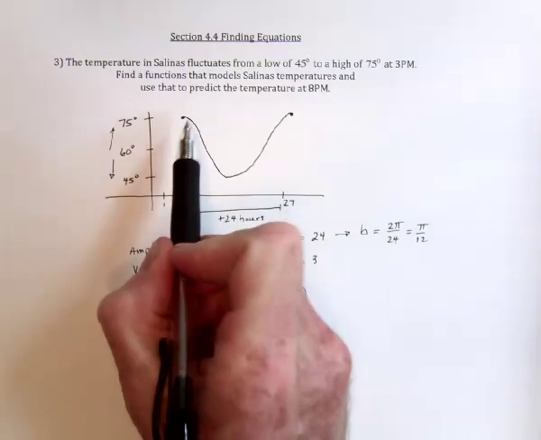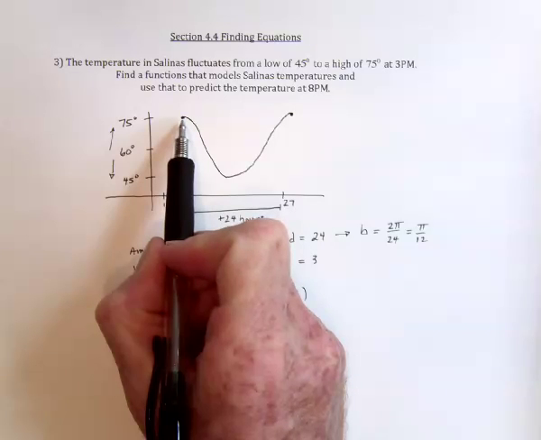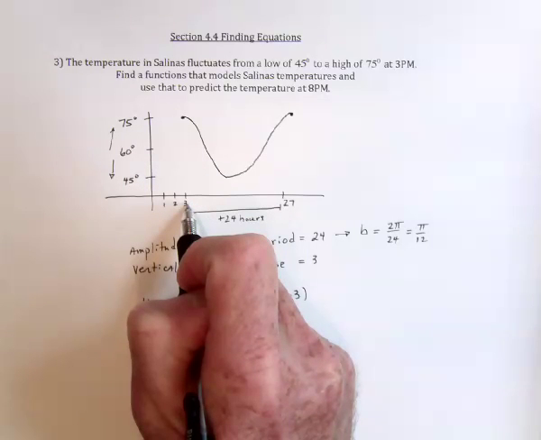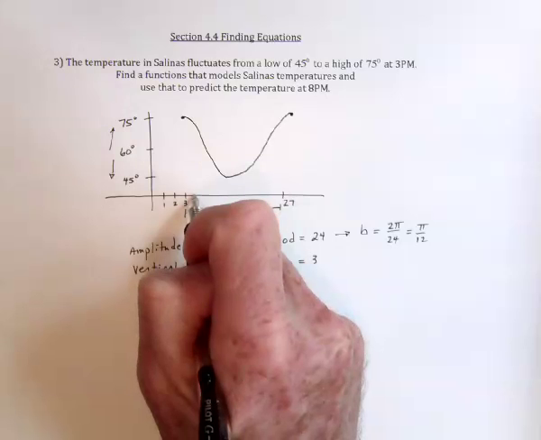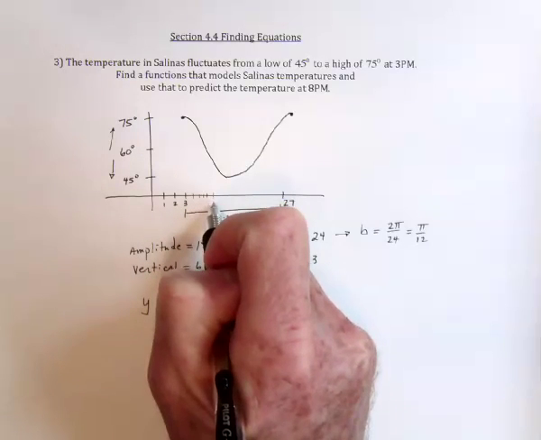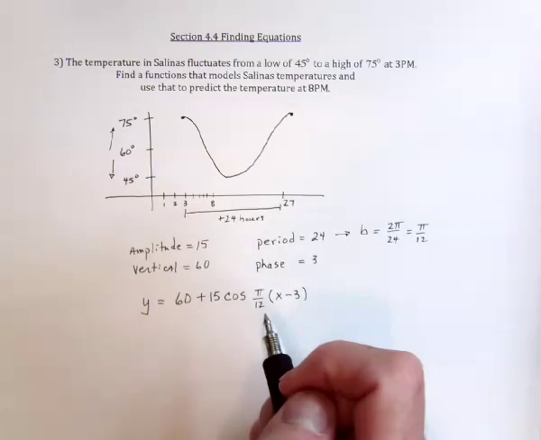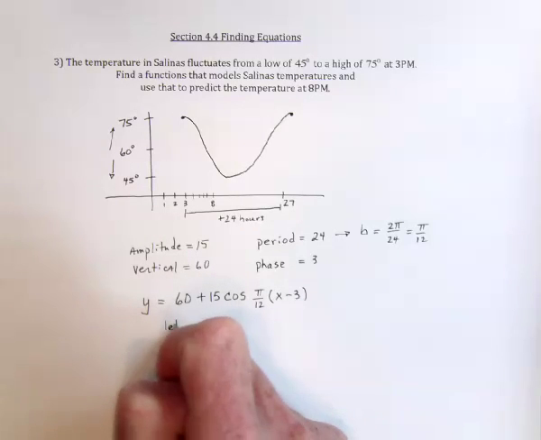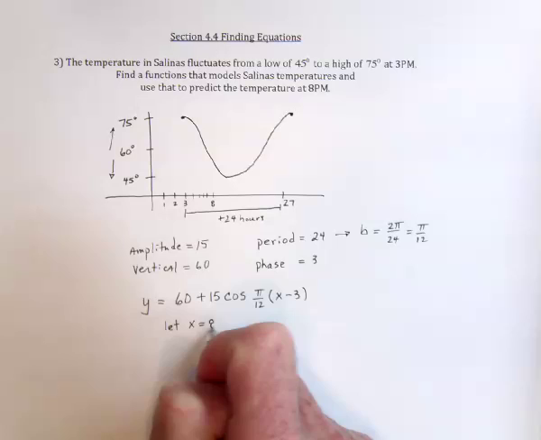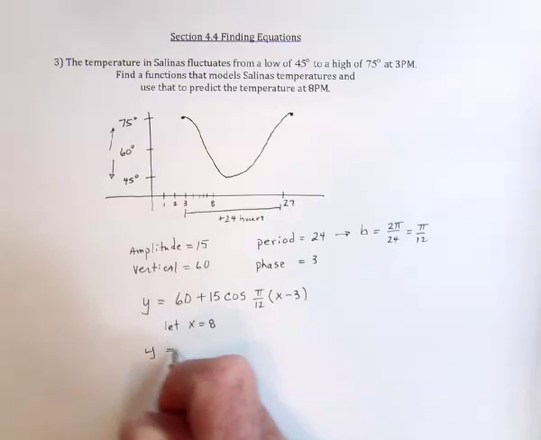So this was at 3 in the afternoon. So 3 in the afternoon until 8 p.m. So from 3 until 8 p.m. is going to be 5 hours later. So that means this is going to be, substitute in an 8 for 5 hours later. So then let x equal 8, and y is going to equal,